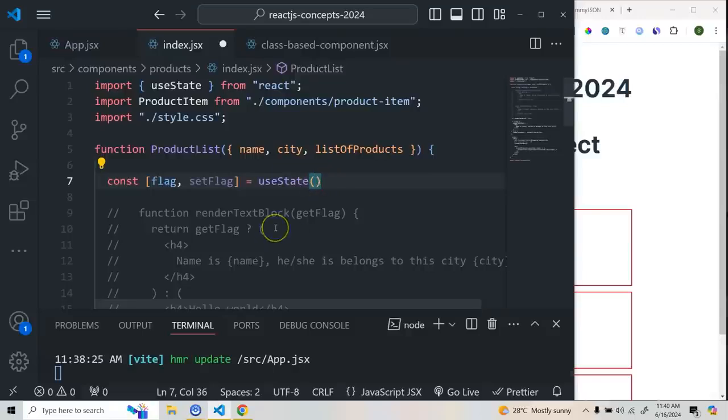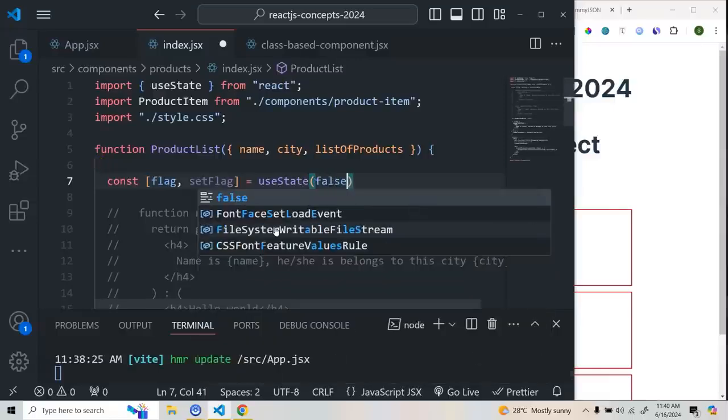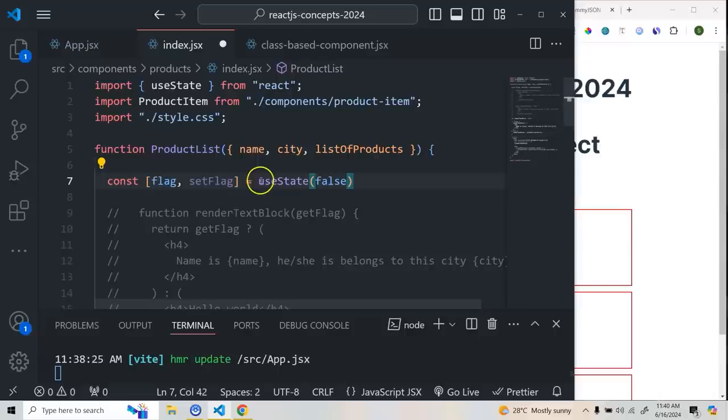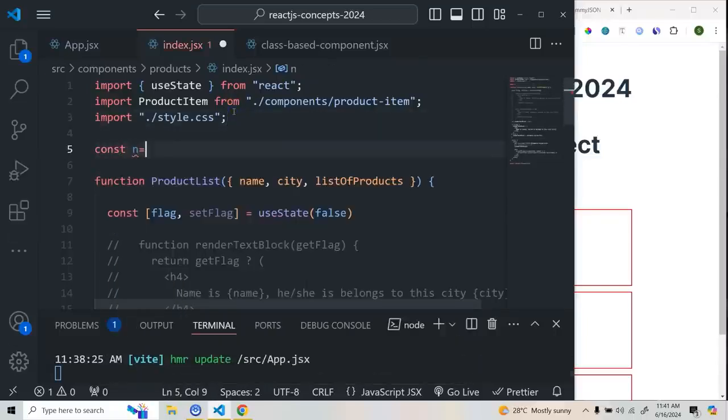Now this value can be anything. It can be a null, it can be an empty array, it can be an object, it can be a string, it can be a number, or it can be a boolean. So in our case we'll keep this one as a boolean. So we have a variable, we have a method, we have a hook, and then the initial value or initial state. So this is your initial state. You can also take it like this. So we are having initial state,